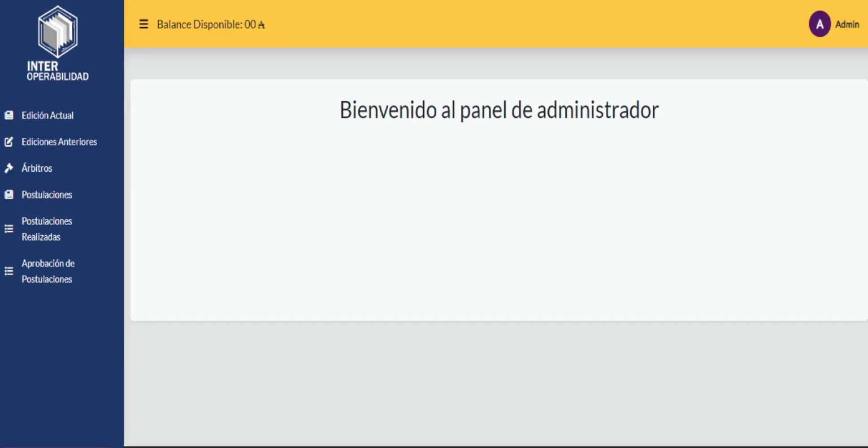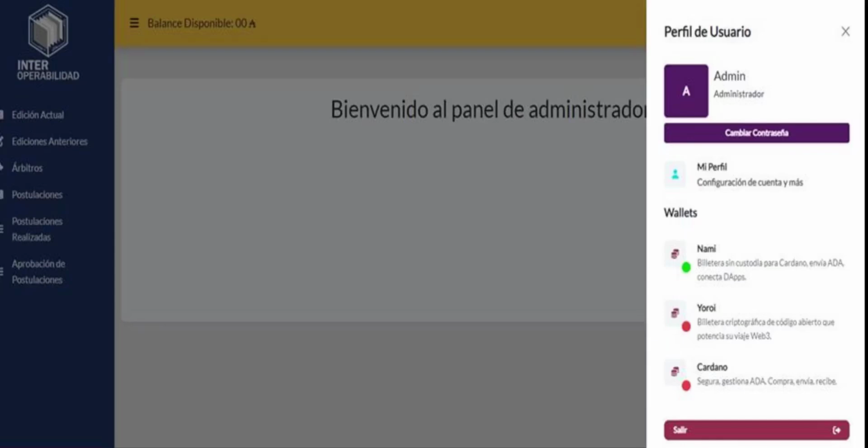On the left side, there is a menu with access to Current Edition, Previous Editions, Referees, Applications, Applications Made, Approved, and the Exit label. Still from the administrator profile, on this screen, we see the display of a mini screen on the right side. There you can see the link with the wallet, where the NAMI is in green, indicating that it is active. You can also see the other wallets that will have functionality of connection in the future,